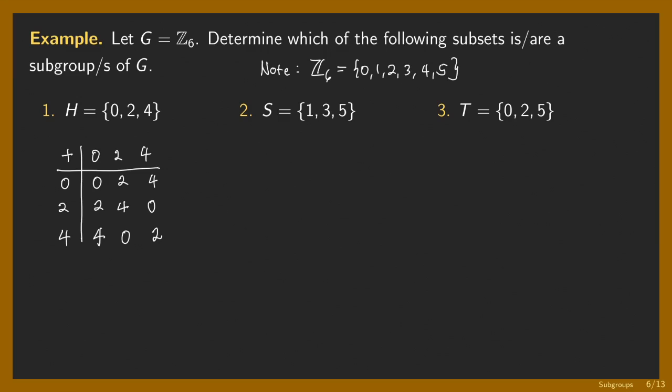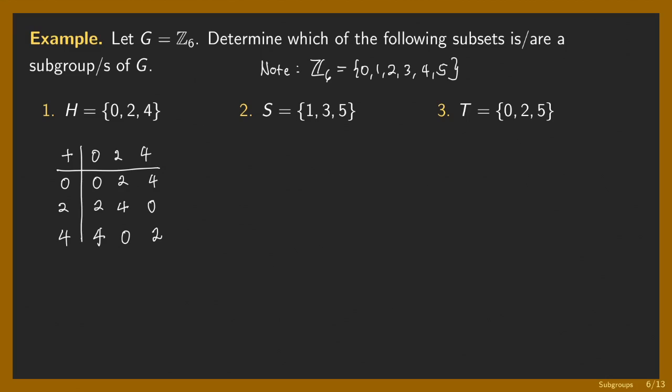Question. Is the identity element of Z6 an element of H? Yes. In fact, it's the 0, right? Is this closed under addition? As you can see in this table, all the possible additions are already made. If we choose from 0, 2, and 4 as inputs, the possible sums are 0, 2, and 4 also. You will not get a sum of 3 or a sum of 5. No, it will not happen. So basically, it is closed under addition.